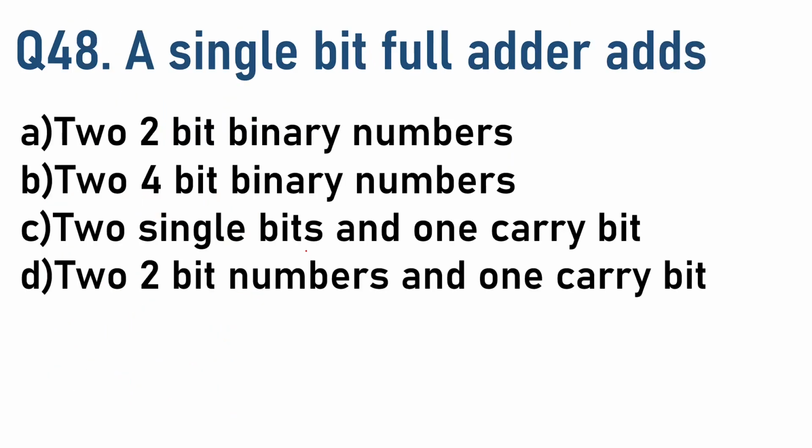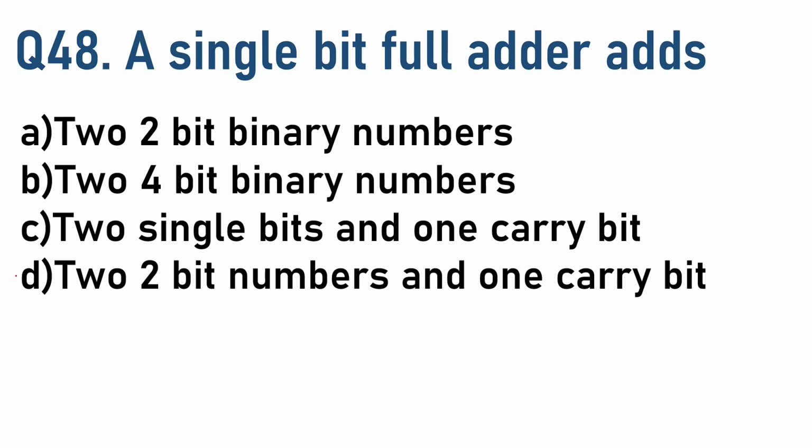A single bit full adder adds. Options are: two 2-bit binary numbers, two 4-bit binary numbers, two single bits and one carry bit, or two 2-bit numbers and one carry bit. Now here, if you remember a full adder truth table,